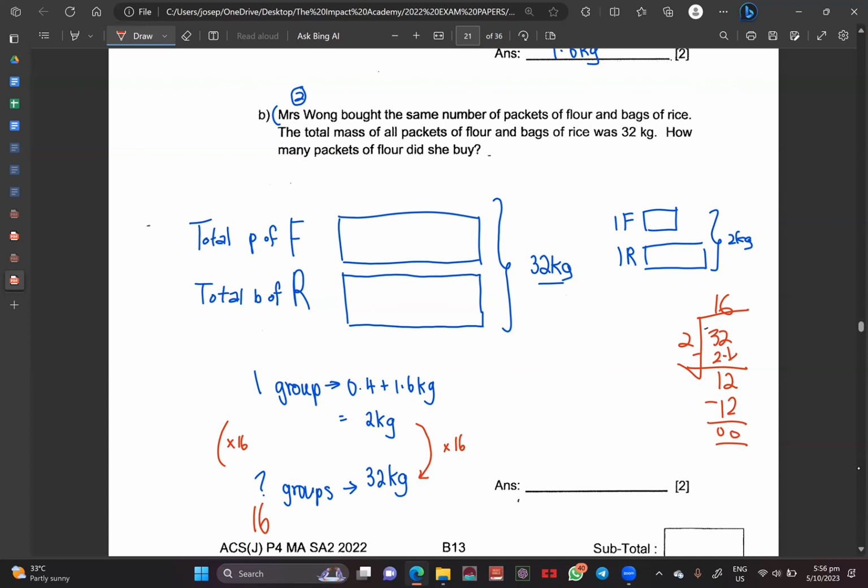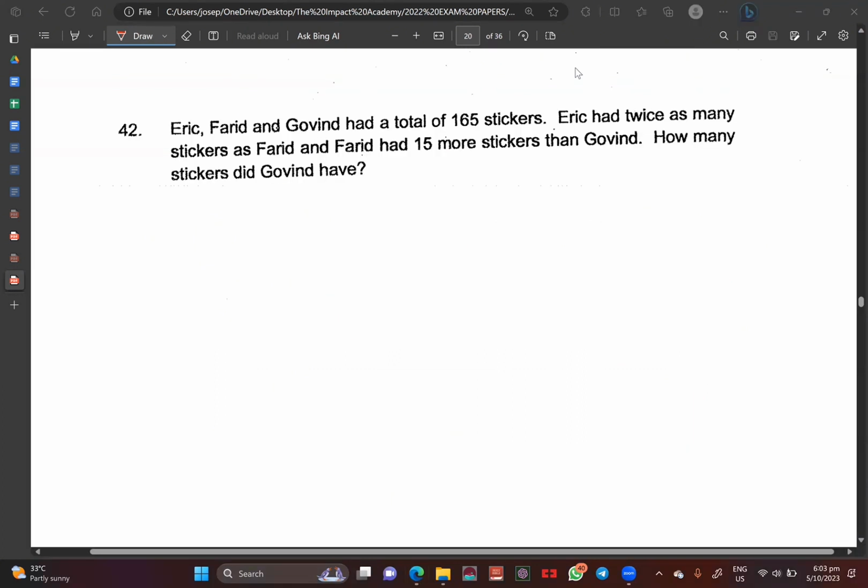Now, one group, one flour, and one rice, correct? 16 groups will be 16 flour and 16 bags of rice. Am I making sense here? But the question is asking you how many packets of flour did she buy? 16 packets of flour. Now, in sentence number 1, it says that Eric, Farid, Govin,